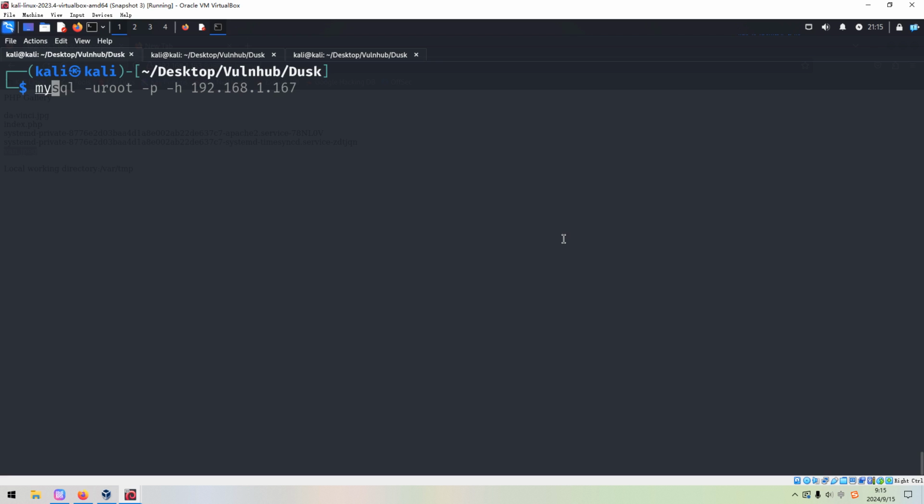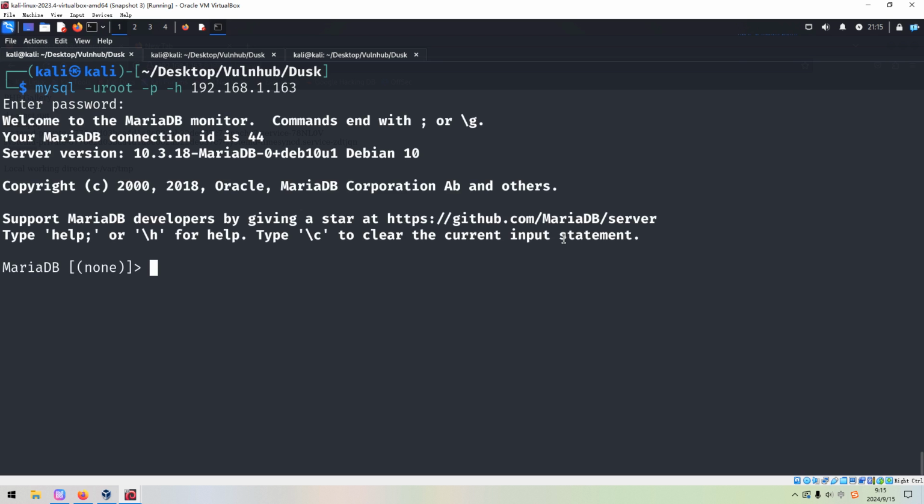So next we can connect to the database with the password. All right, fantastic.